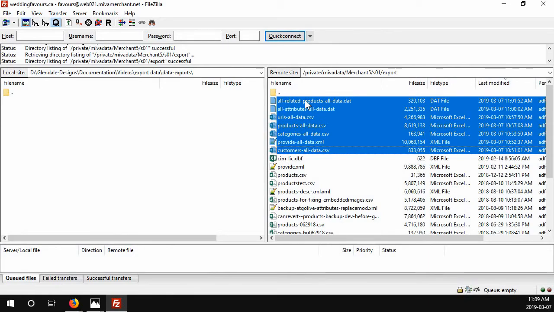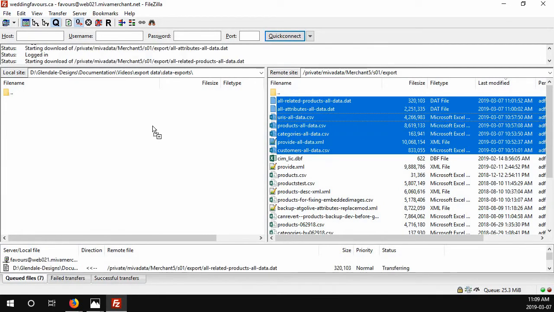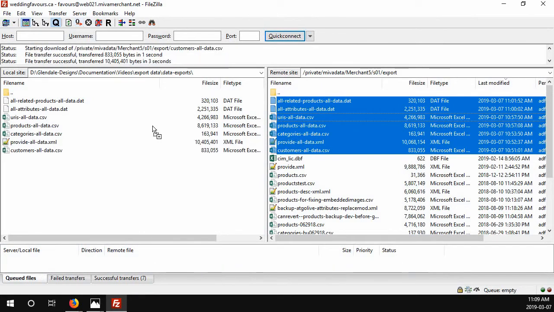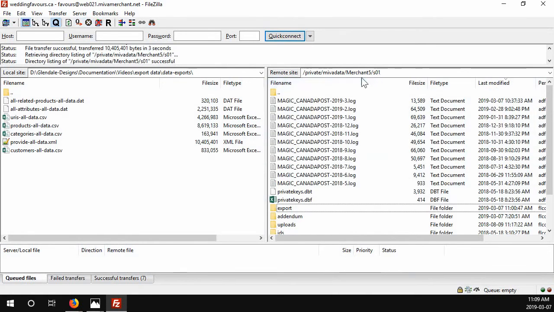So there's a related products, attributes. Hey, that's neat. Okay, so there we go. So we're going to drag and drop these over to our computer, and here they go. Ta-da! Okay, so other locations that things export to, if you have a bunch of other modules, sometimes they just export in here,